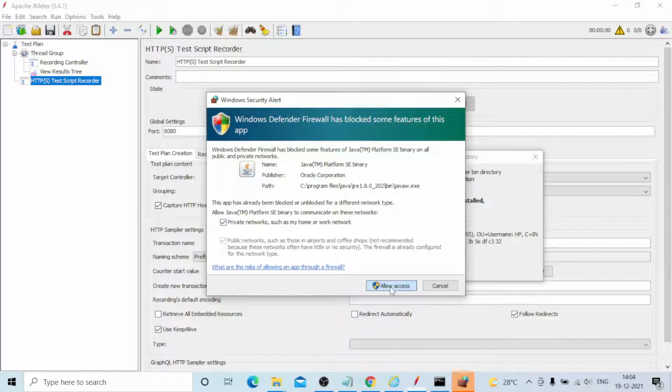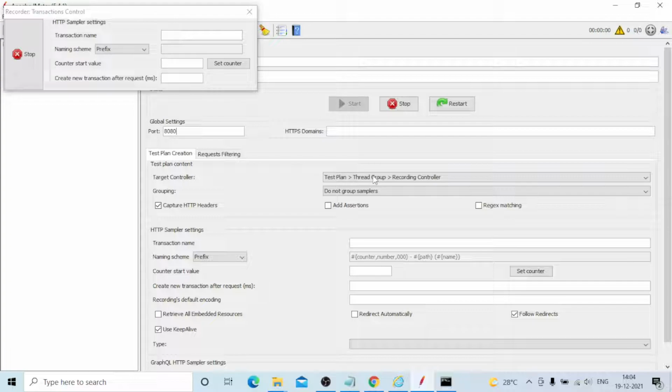Okay, the CA certificate has already come. By mistake a Java pop-up will appear, so you are not able to show that one. Once you click on start, automatically the CA root certificate will become the JMeter root certificate. Once you click OK on the certificate, it should close. Otherwise, it automatically disappears.